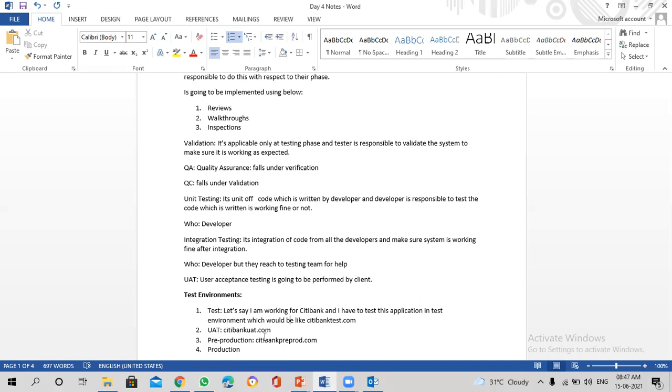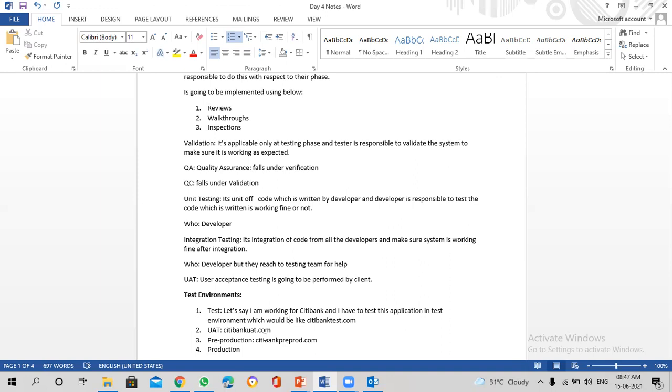Because the test environment and UAT environment capacity would be 15 to 20 users. It depends on how many testers are working on it. At max, you will not reach more than the size that is given. Now I know how big the testing team would be. If I say 50 testers are doing the testing, I'll configure my server and everything to support up to 50 users.